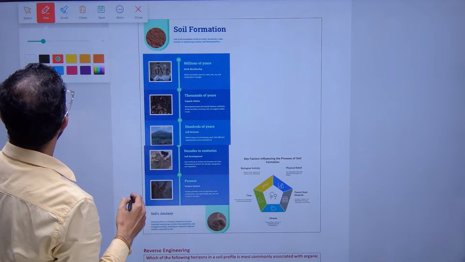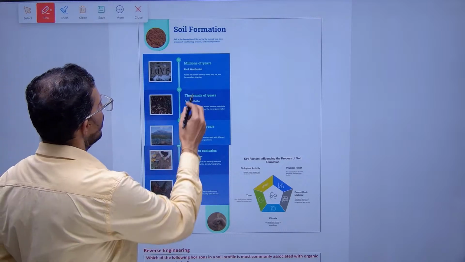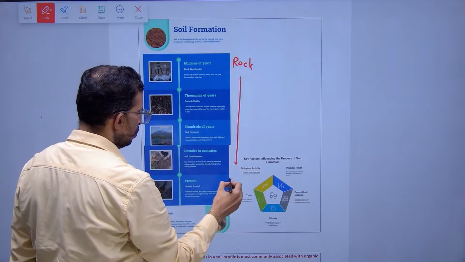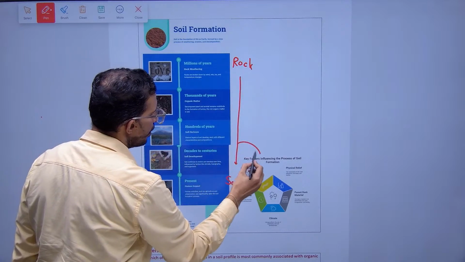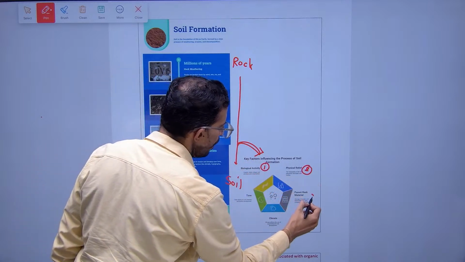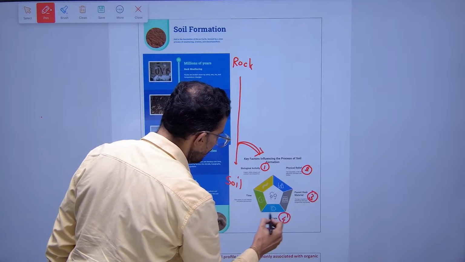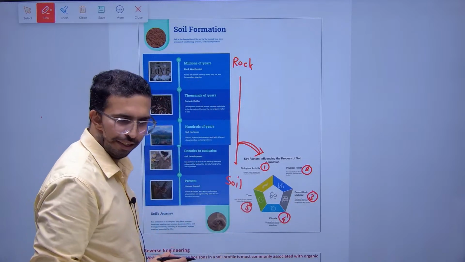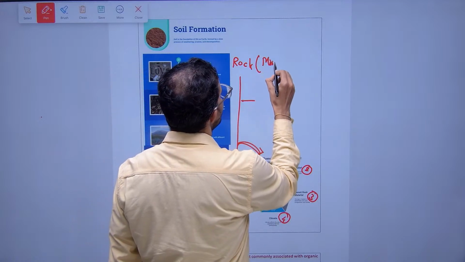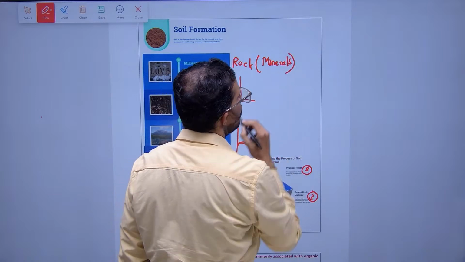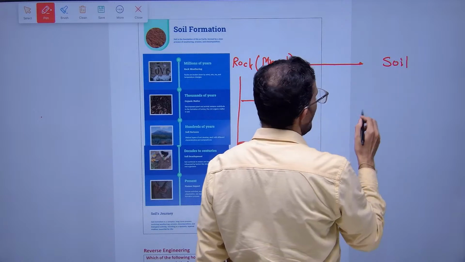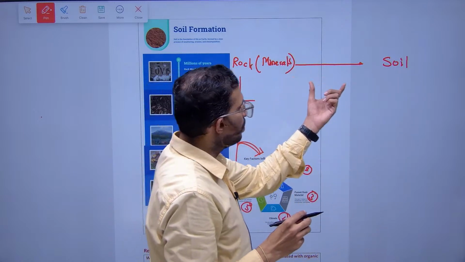See this one. Rock to soil, and these are the 5 factors responsible: biological factor, topography, parent rock material, climate, and time. That we have seen in a detailed manner. Regarding the rock to soil, rock is composed of the minerals. So if we see the rock disintegration into the soil, as per the